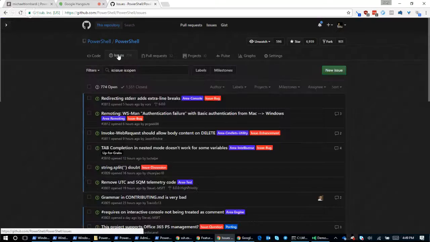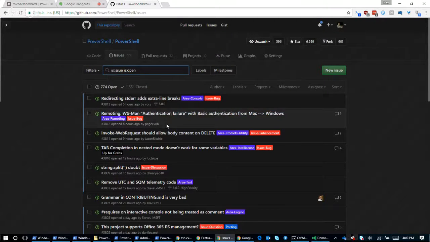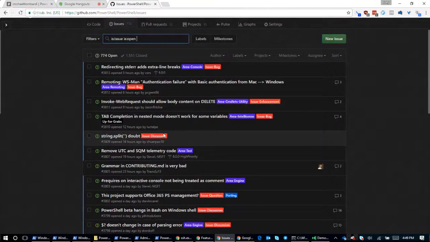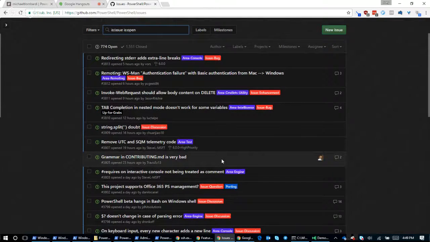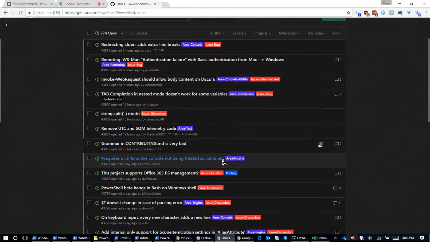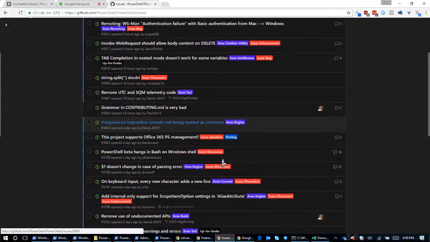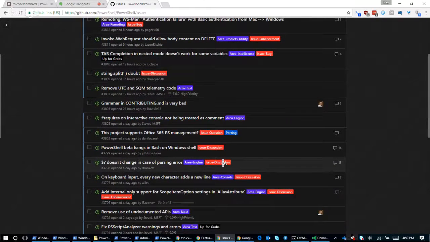Obviously, search the existing issues here to make sure that someone hasn't already filed your issue, but you'll see all kinds of names in here that are people that aren't MVPs, that I've never met, who are often very, very humble in their first issue filing, saying, hey, I'm not a developer, I don't know if this is the right thing to do, but I've run into this issue. We'll be nice to you. We're not going to bite your heads off. Please just err on the side of filing the issue.